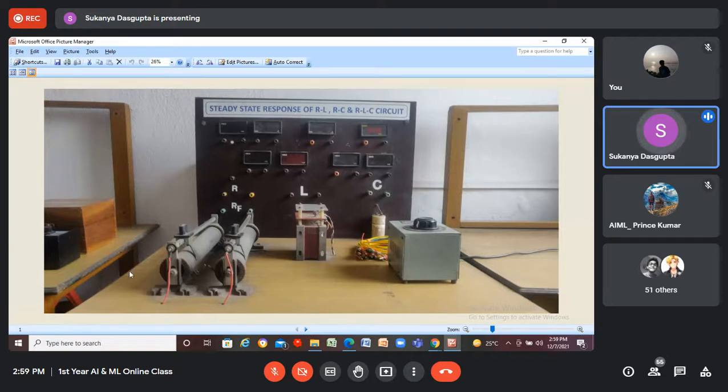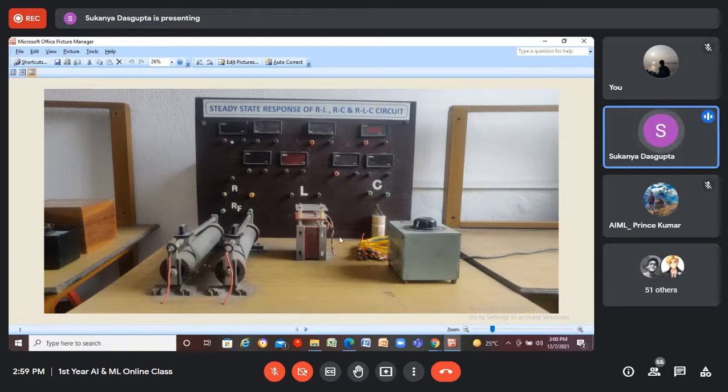Now look at the setups, the devices. These are rheostats. Two rheostats are placed on the table. These are the knob or the arrows as per the circuit diagram I have shown you earlier. So you can vary this knob, right? By varying this, you can vary the resistance. Okay, this is the inductor that we'll use in this experiment.